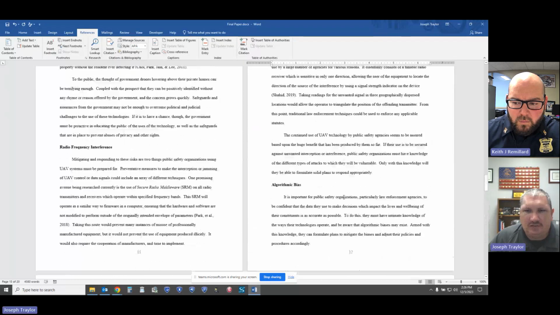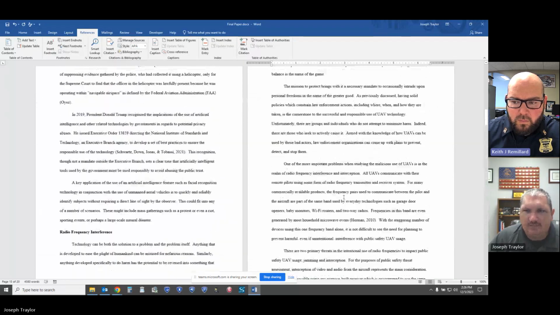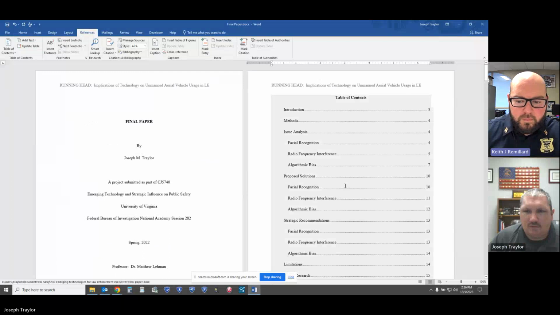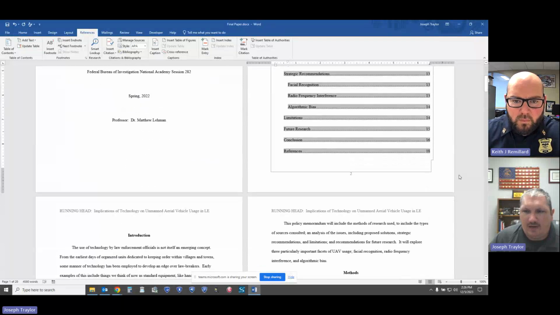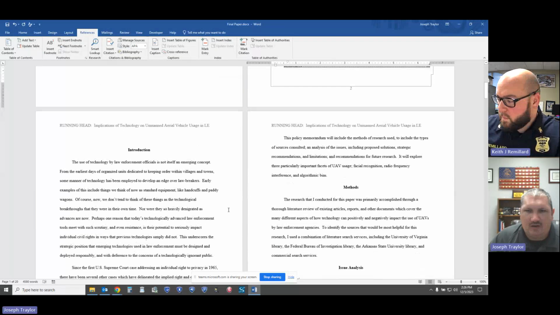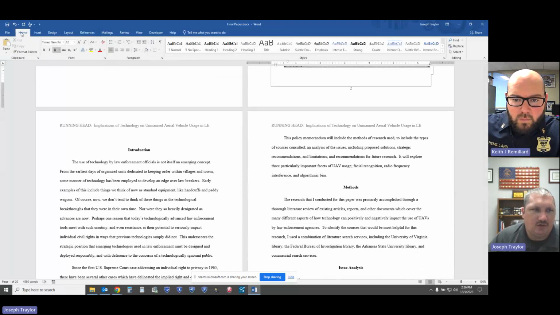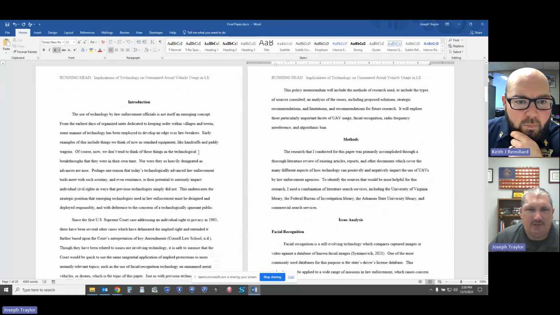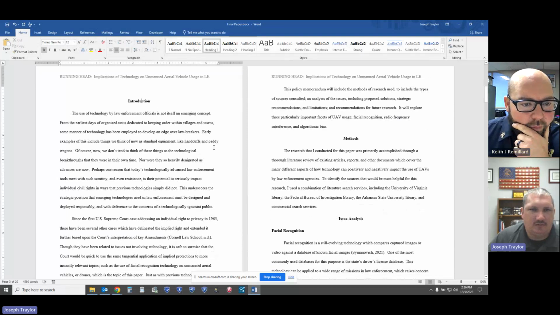So as far as doing your table of contents, Word will also do that. So you have different levels of headers under your home tab. You have all these different levels of headers here, right? So your introduction and your other first level headers, we know that they're bold, title case, centered on the page, right? So what we do is when we're starting to type our paper, we start typing the word